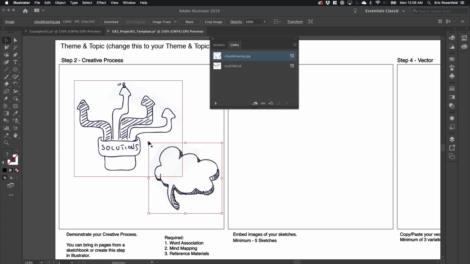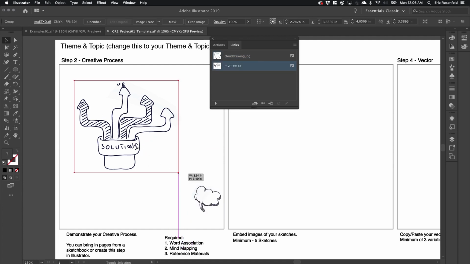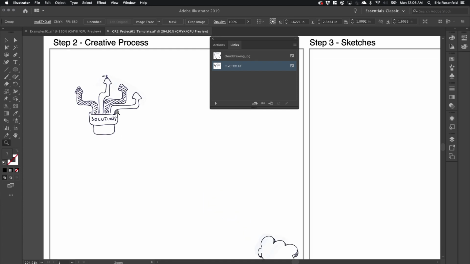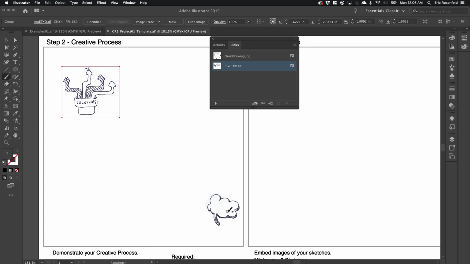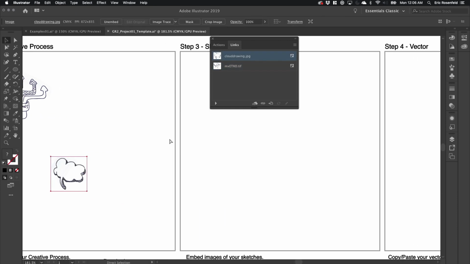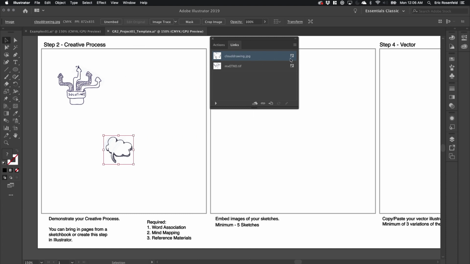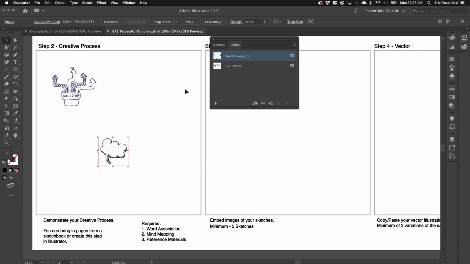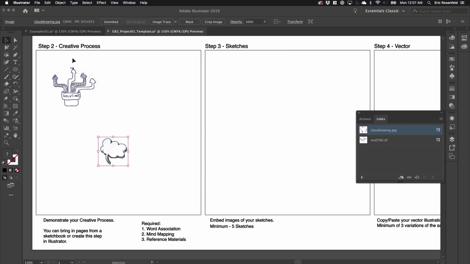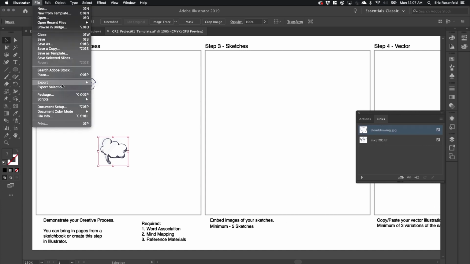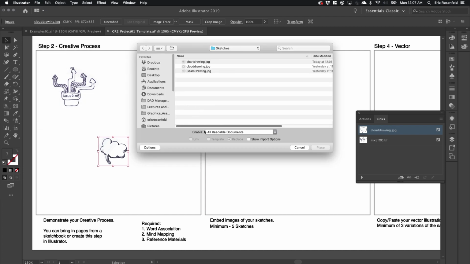You're probably going to size these down pretty well, so that there's space. But again, it's Illustrator, so we can always zoom in to its max resolution. You're going to bring in your sketches and whatever creative process you go through, you want that inside your template. Now again, let me just remind you that if I say File Place, just don't click this link,